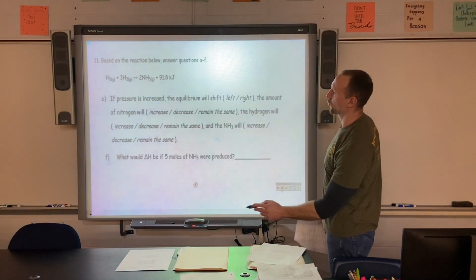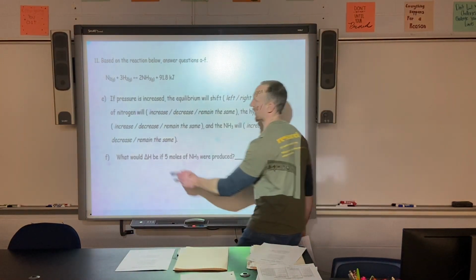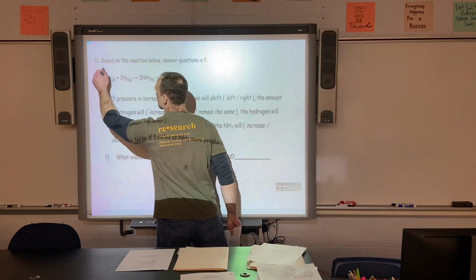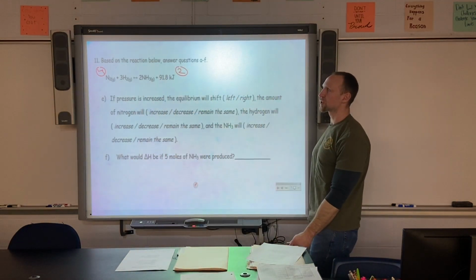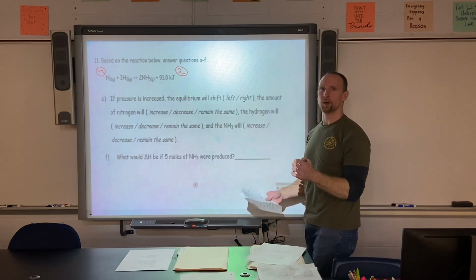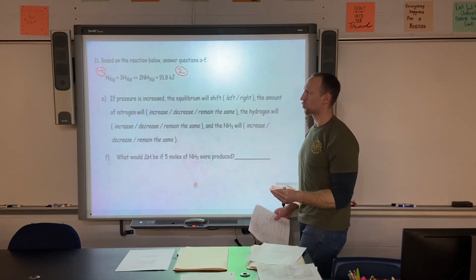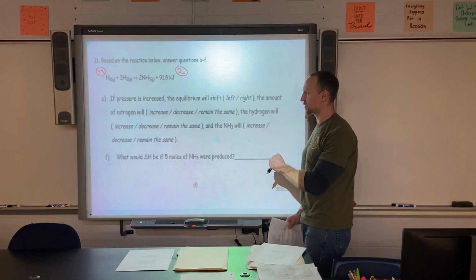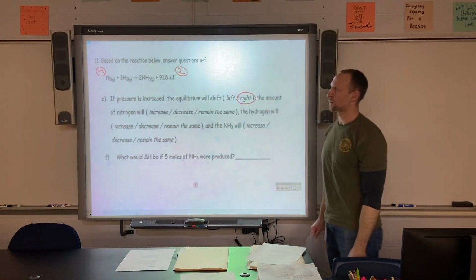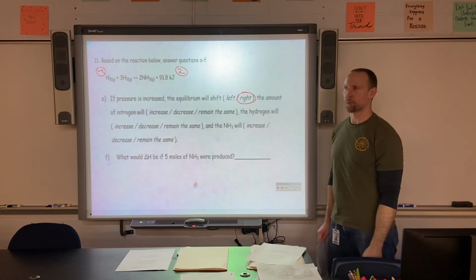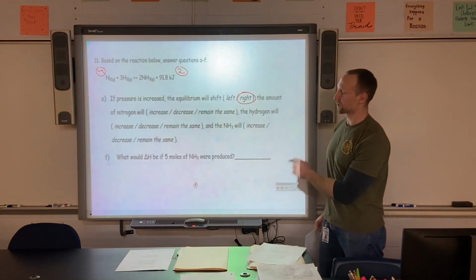Number 11, if the pressure is increased, so let's count our gases. 3 plus 1 is 4, 2. If pressure is increased, then what do we want to do? We want to bring the pressure back down. So we're going to shift to the side with fewer gas particles, in this case the right, to try and bring our pressure back down. So if we shift right,